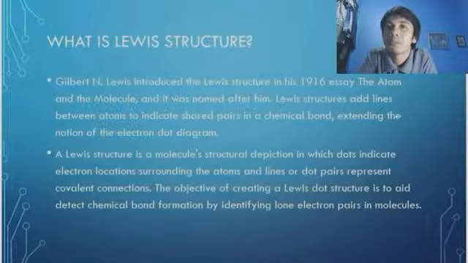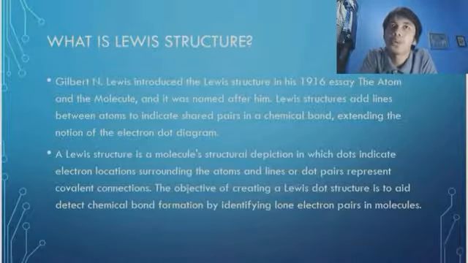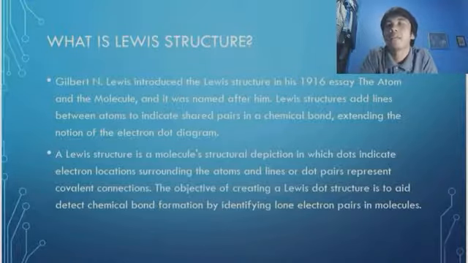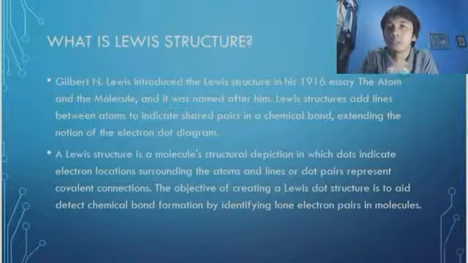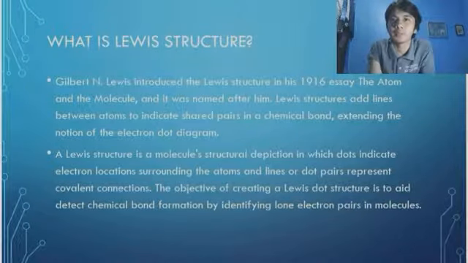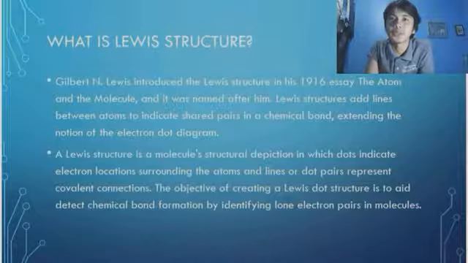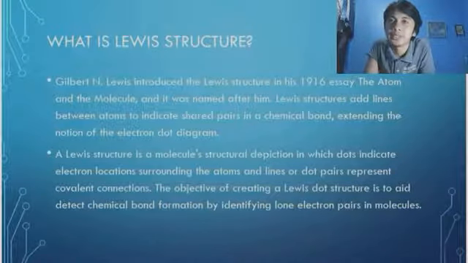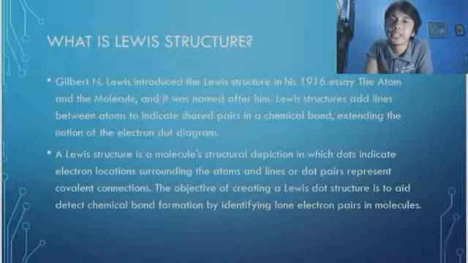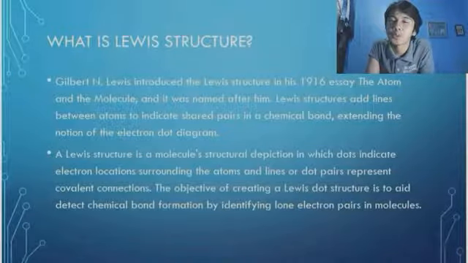The objective of creating a Lewis dot structure is to help detect chemical bond formation by identifying the electrons, pairs, and molecules. Also, a Lewis structure is a simplified representation of a molecule's valence shell. In addition, a Lewis structure is based on the concept of the octet rule, in which an atom shares electrons so that each atom has 8